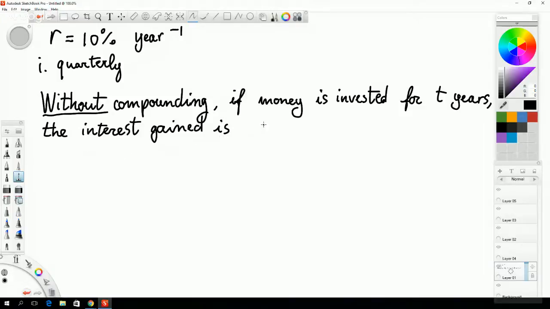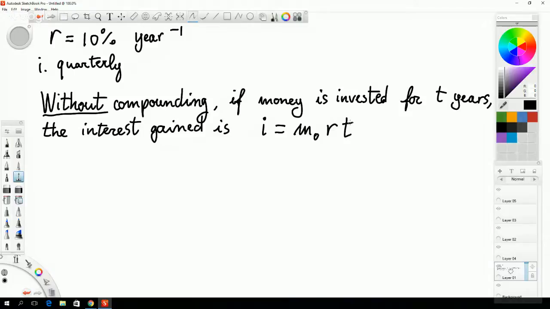So we call it I, okay? Obviously the interest is proportional to the initial capital, so M0, and it is proportional to the interest rate, which is R. And if the interest rate is measured in years to the minus 1, as it is in this case, and t is measured in years, then all you need to do is multiply this by t as well. If the units for the interest rate were different, you'd have to measure t also in those different units. You'd have to convert everything to those other units.